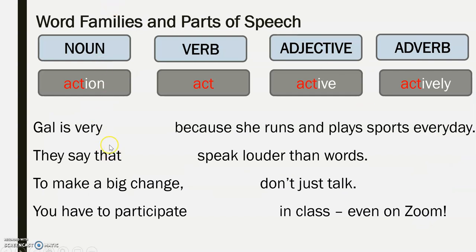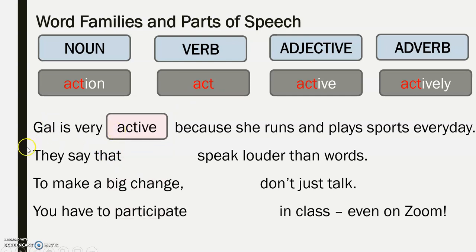So when we're looking at a word family, we need to pay attention to the part of speech. Because sometimes when we're writing, we have to make a decision. Do I need the noun form or the verb form or the adjective or the adverb? So again, we need to go to our sentence. Gal is very, because she runs and plays sports every day. It's telling us about Gal. So that's probably an adjective. Let's see. Yep, she's very